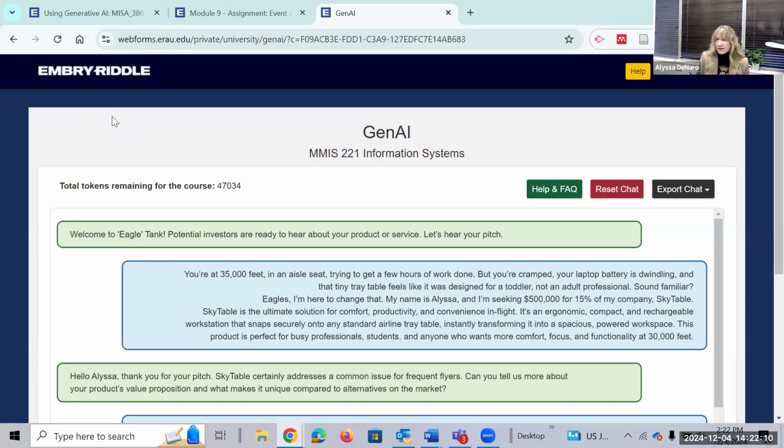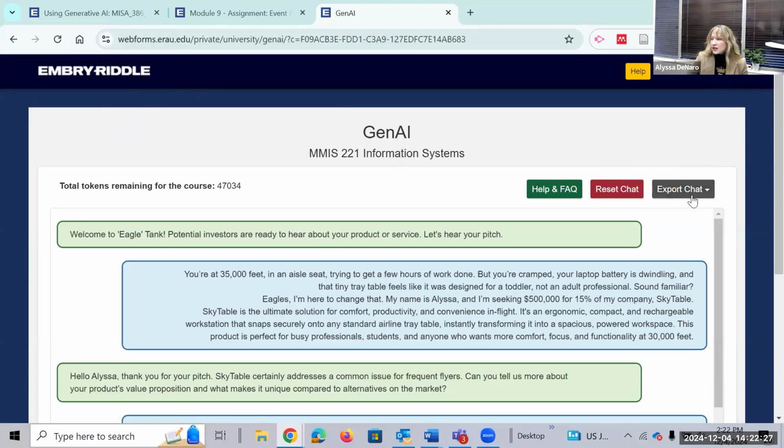So you don't want students to have access to all of ChatGPT or Copilot or whatever you're using. You only want students to be able to do one specific thing. Then we can set that up for you through the generative AI consultation process. And it'll be nice and Embry-Riddle branded, just like this one.